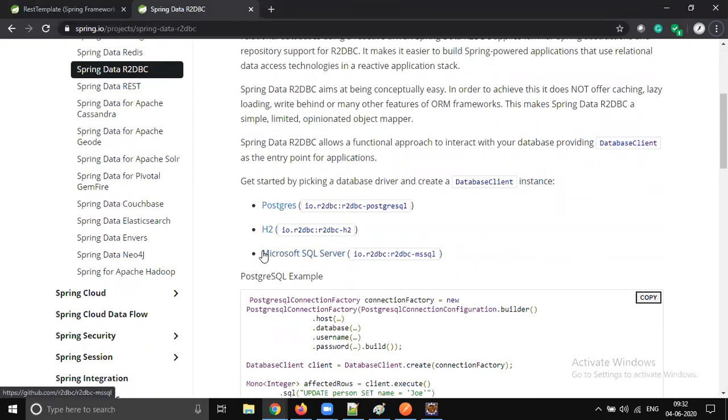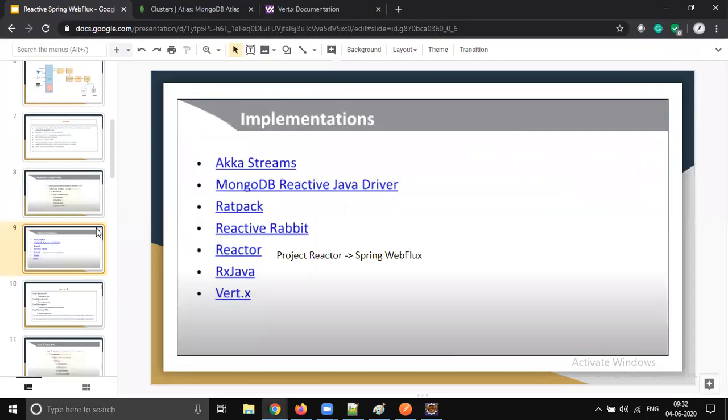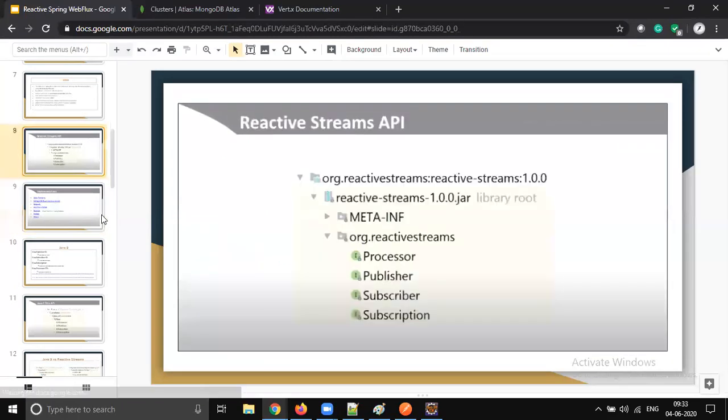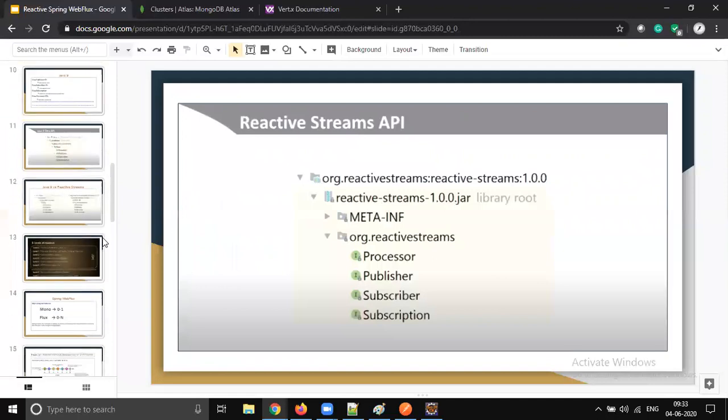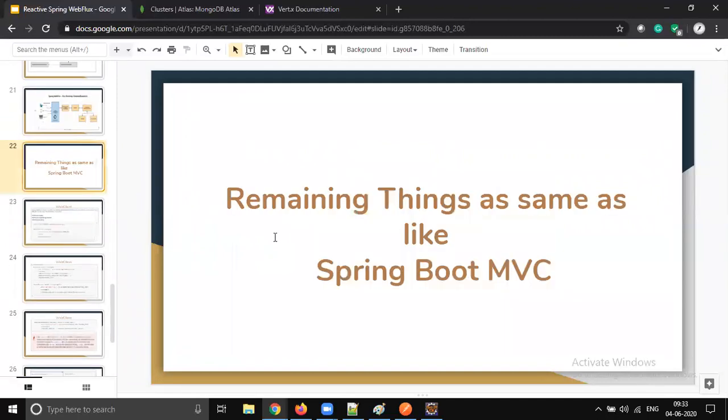Okay, so with this we are almost done with the basics. So it's time to jump into a real-time microservice, implementing all the 4 CRUD operations, retrieving, and performing validations, exception handling, right? Most of the things are almost the same. Exception handling, documentation, filtering, AOP, all these features will work just like our MVC.